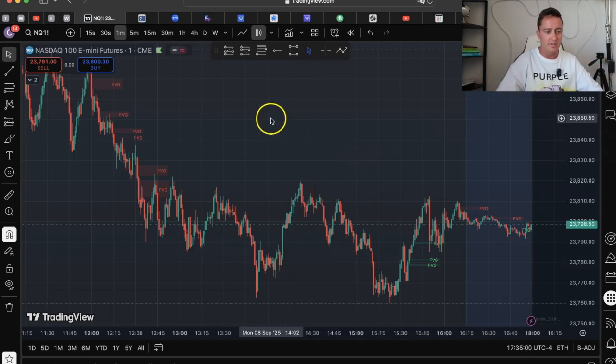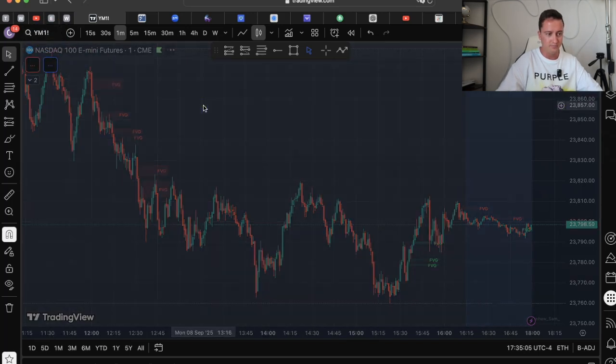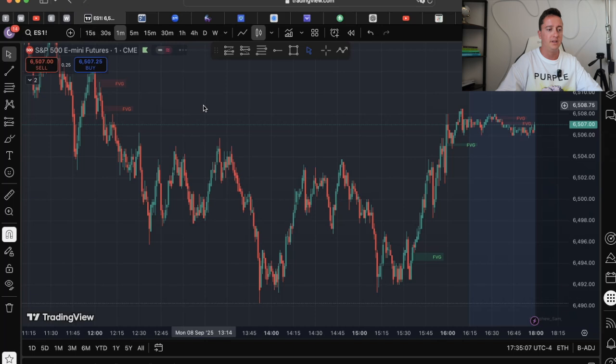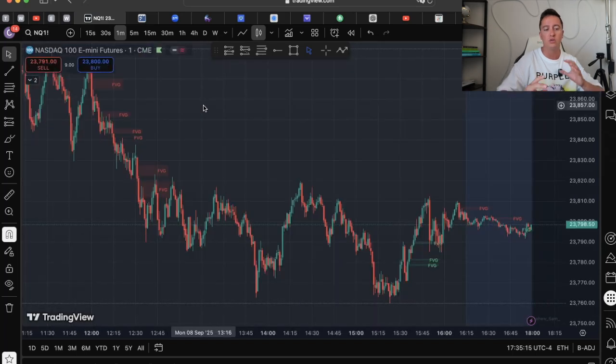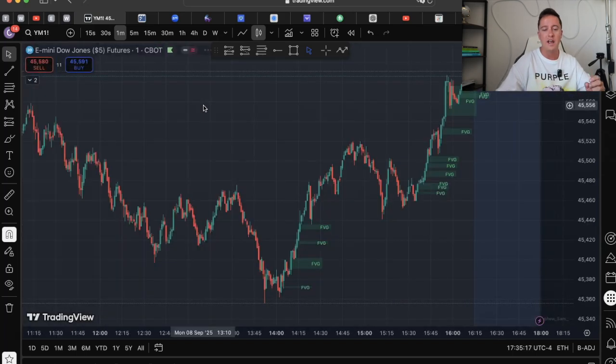So first things first, the assets that you guys need to focus on trading are going to be NASDAQ, YM, and ES S&P 500. One thing that I would keep in mind when you guys are trading these is ES and NQ correlate more so in the same direction. YM usually is doing its own thing. So a lot of the time, if you don't see a setup on ES or NQ, there probably is a